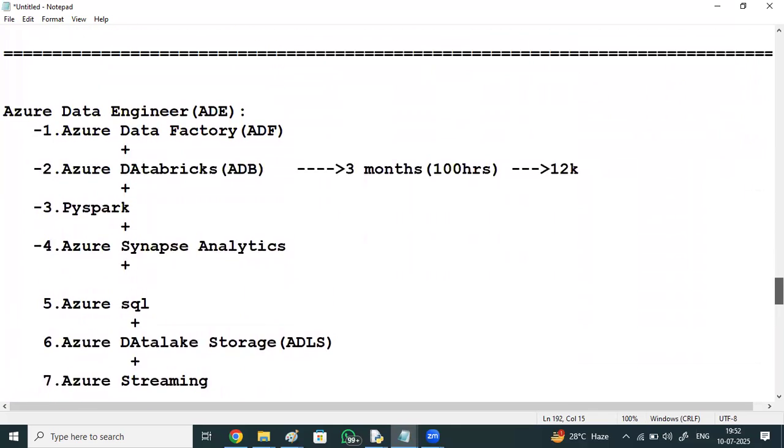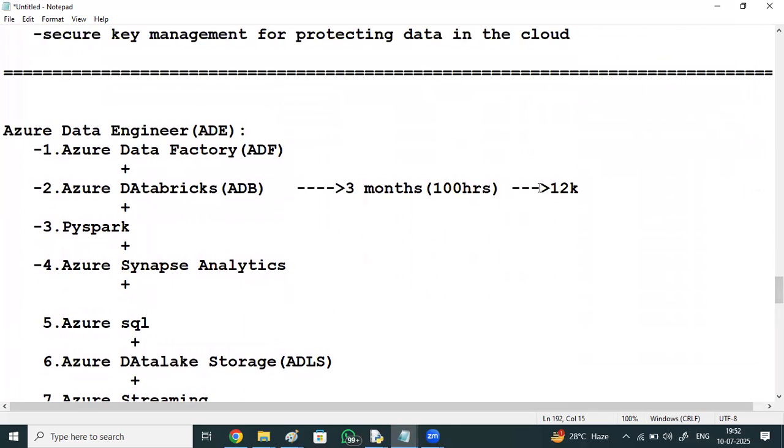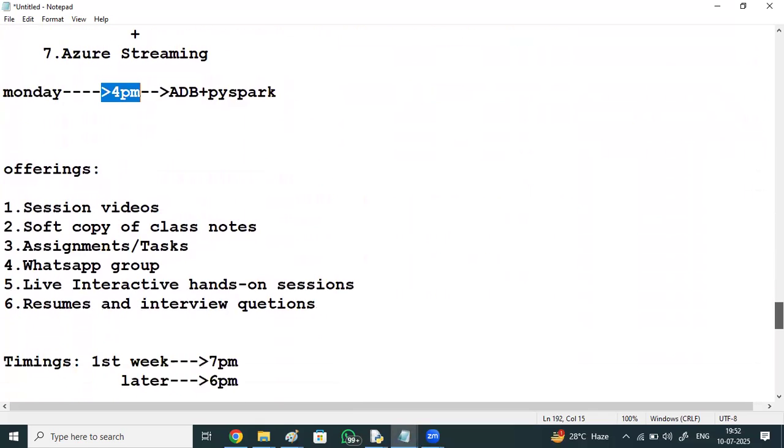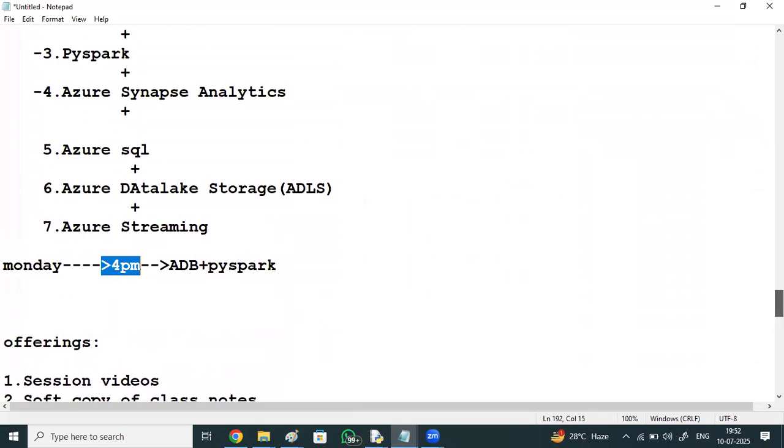Any other queries? Will you also be assisting us in building resumes and CVs? Yeah, resumes and interview questions, as I said. And for people who are from non-programming backgrounds, the only thing is to be regular to the sessions and complete the practicals that day itself, so that you can understand the next session. It's simple.